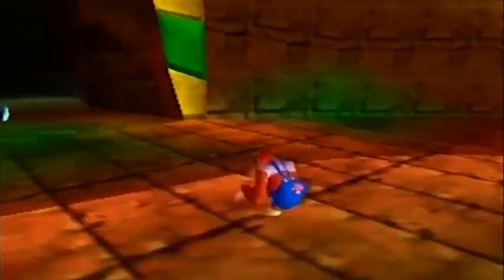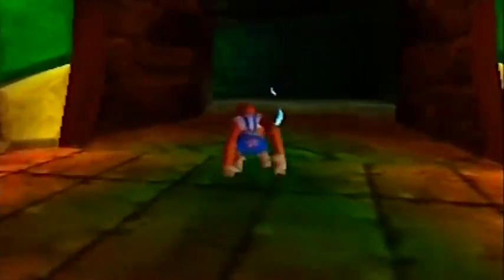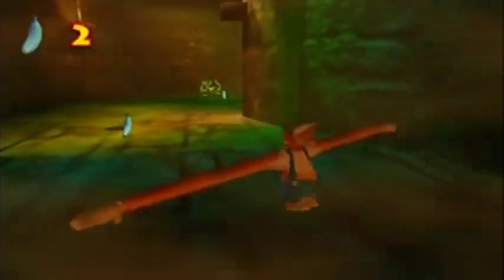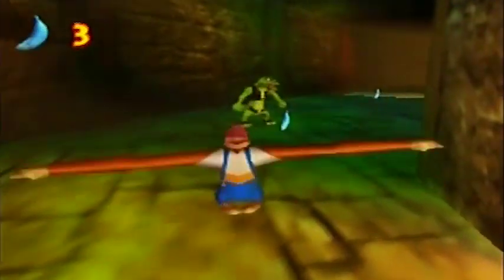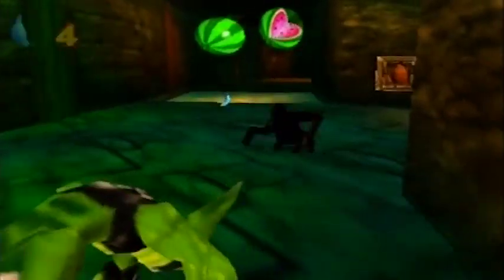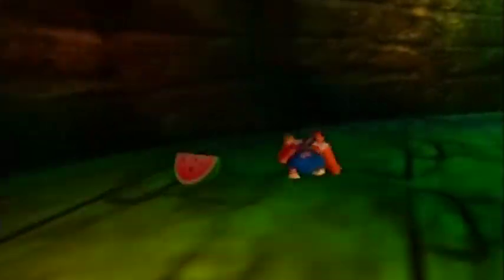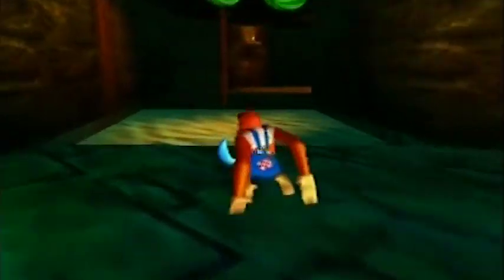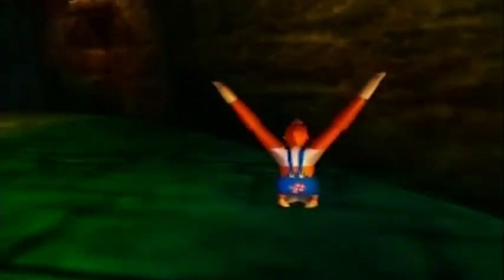Lanky Kong enters the picture. Lanky, between his patched up suspenders and his, well, lanky arms, is one of the bizarre characters in the Kong family. He appeared in this game and then was not seen for a long time. He and Tiny Kong, I believe, came back in